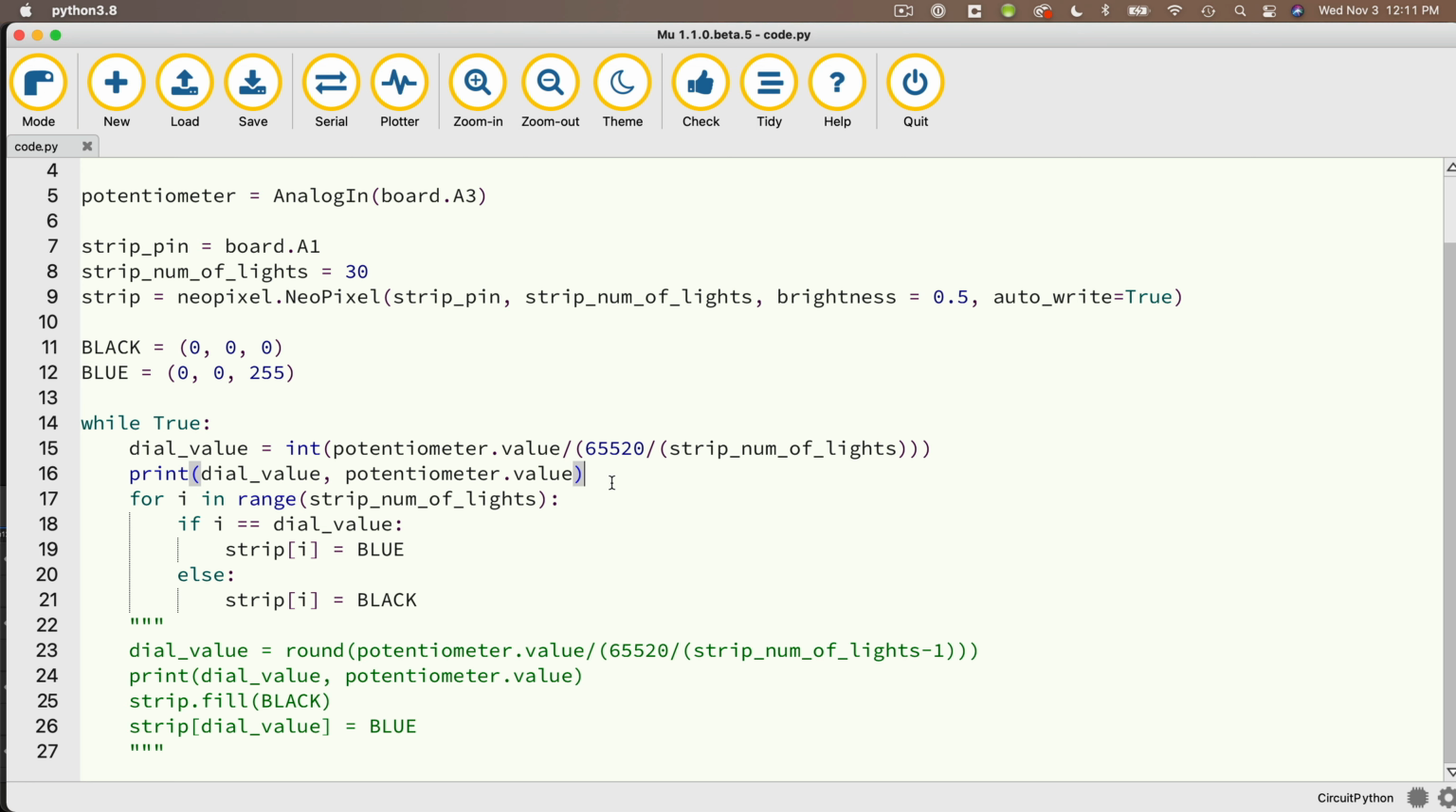But I also want to give you a heads up that there can be an issue if you use int to work with fractional numbers. And I covered this in a subsequent CircuitPython video as well. So there are a lot of approaches to fix this, but here's what I think is the best approach. So if you're taking the retake, use the approach below that I've commented out here. Now this is the same calculation, but look what we do here. We put the strip num of lights -1, so we get a maximum value of 29, but by using round,